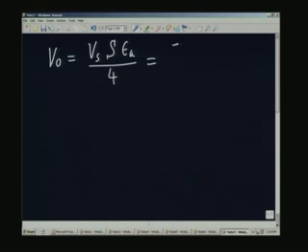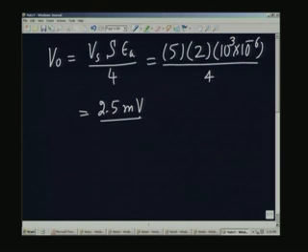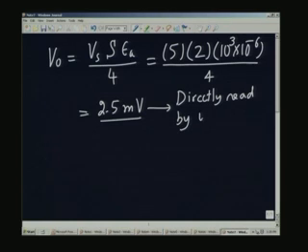So, we can substitute: this will be 5 volts, S is 2, epsilon A is 10 to the power of 3 microstrains, so 10 to the power of 3 multiplied by 10 to the power of minus 6, divided by 4. This gives 2.5 millivolts as the output. So, this is directly read by a millivolt meter, if you have access to a millivolt meter,